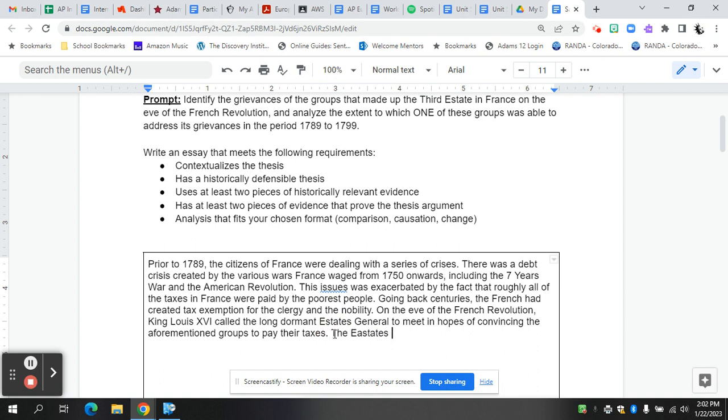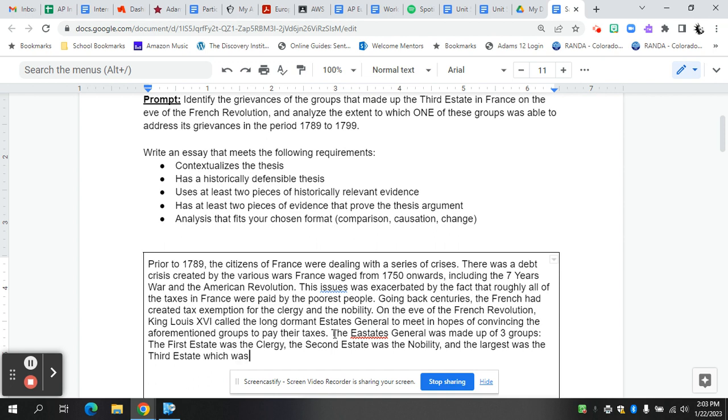The Estates General was made up of three groups. The first estate was the clergy. The second estate was the nobility. And the largest was the third estate,